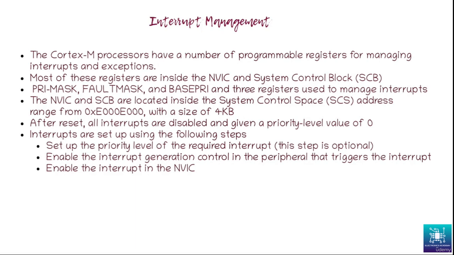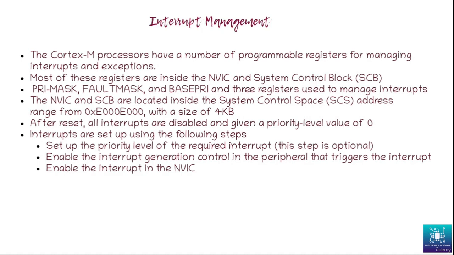The NVIC and SCB, that is the nested vectored interrupt controller and the system control block, are located inside the system control space address range, that is 0xE000E000, and the SCS address space is of size 4 kilobytes. Now, after reset, all interrupts are disabled and given a priority level value of 0. So after every reset, we will need to configure the interrupts all over again, and that is done in the